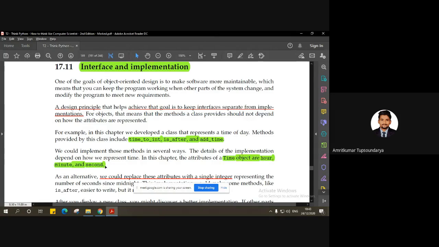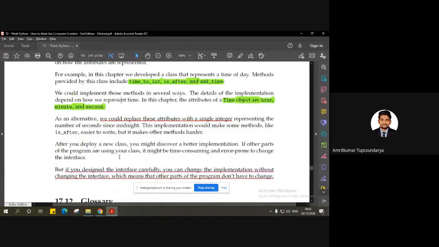When you try to implement something while keeping the interface the same, you can do it when you have a high level of flexibility at the implementation part. Whatever changes you make at the implementation will not affect the end result, that is, the interface. But if the link between the interface and the implementation is not clear, then you might get errors or glitches.